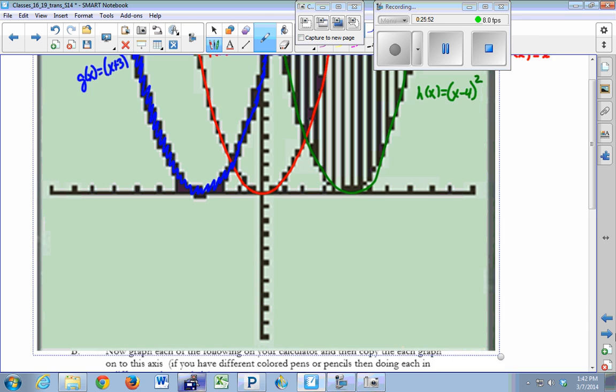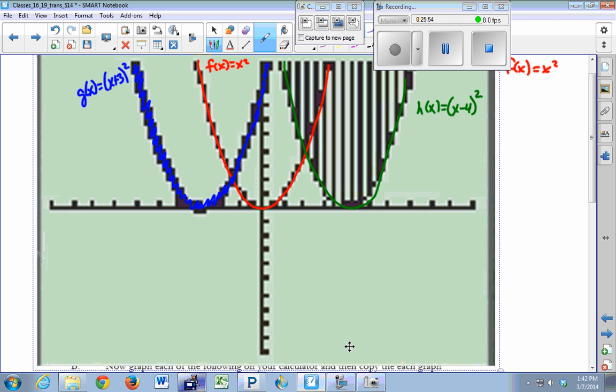Okay. So usually what I find is that before students actually look at these graphs, when they see x plus 3 quantity squared, they think that the vertex of this parabola is going to be to the right because they see the plus 3. So they're often surprised that it's actually moved to the left. And similarly, when they see x minus 4 squared, it's moved to the right and not to the left. And often I ask students to take a look at where the output value is.